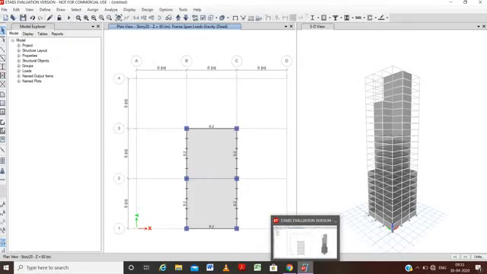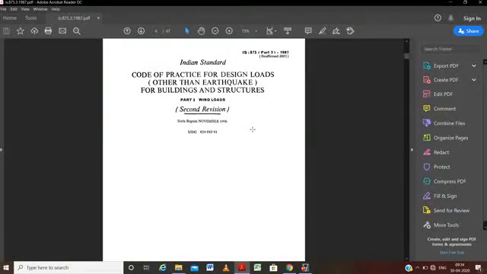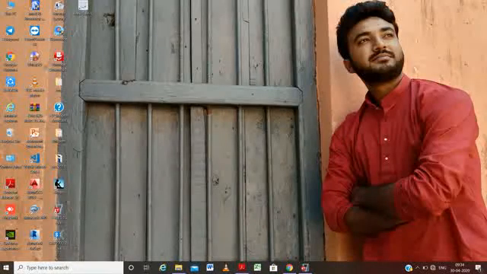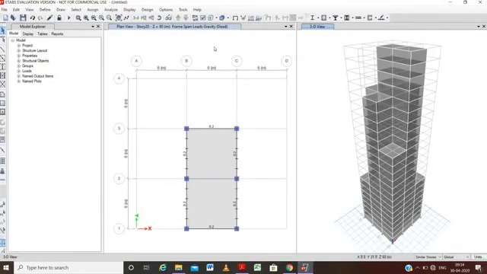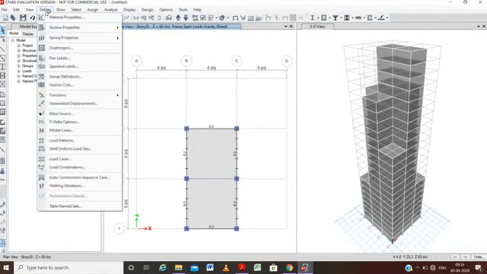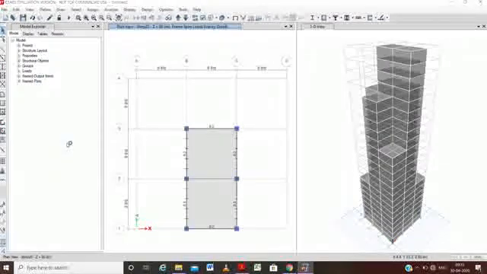For this we will first open IS 875. So this is the IS code for the wind load and we will use it further. We will minimize it and go to the tab here. Firstly we have to define this load, so we will go to the define load pattern option.